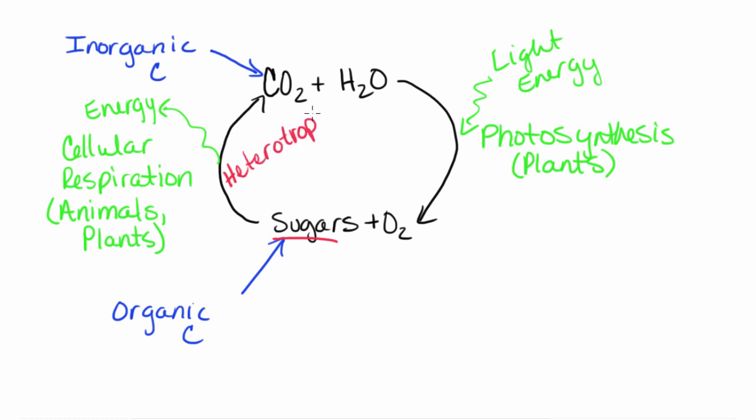They have to basically have their carbon sources, their organic molecules presented to them. So they eat other organisms or they eat their sugars. Plants, on the other hand, they can really run both sides of this. And we call organisms that are able to convert carbon dioxide or inorganic carbon into sugars, we call them autotrophic. And plants are an example of that, like I said. And plants will be able to basically perform this side of the reaction, and then they can also perform the